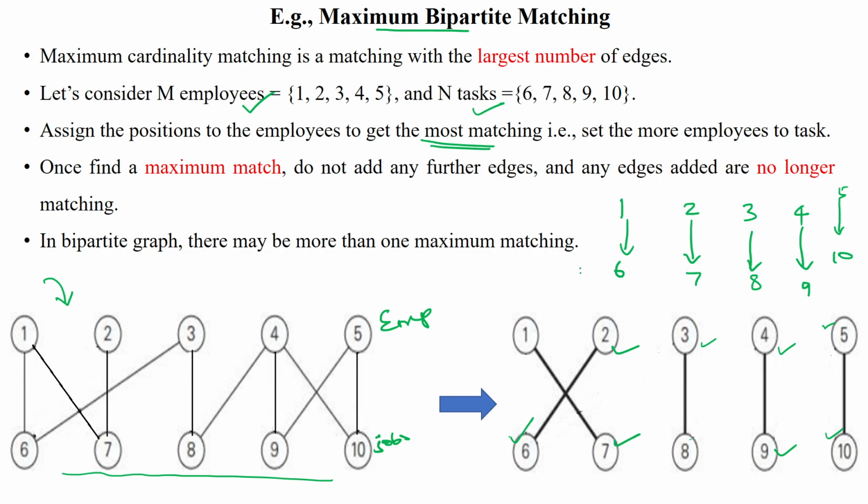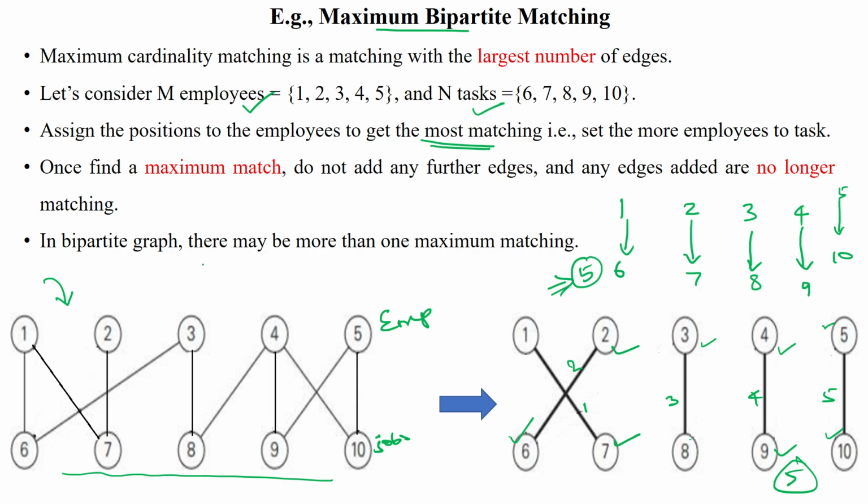Here also we got 5 as the maximum matching. Here also the number of edges is 1, 2, 3, 4, 5. So here also the maximum matching is 5. Whatever kind of maximum matching you are applying, we have to get the maximum matching value